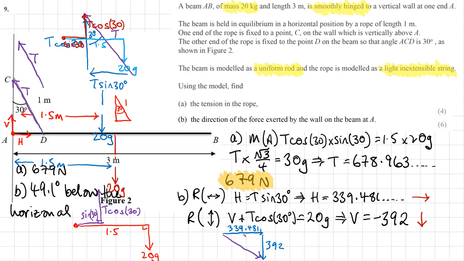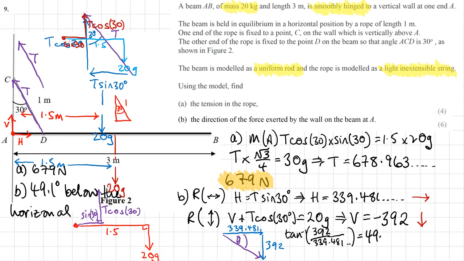So I'm working out this angle here. So I will want to do the tan inverse of 392 over my 339.481 number, and I get